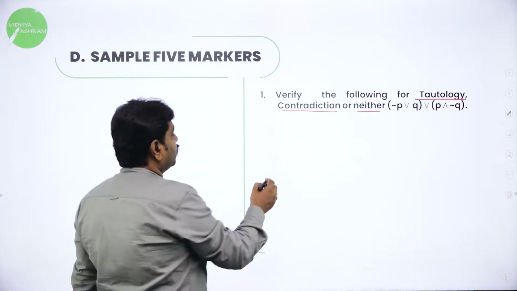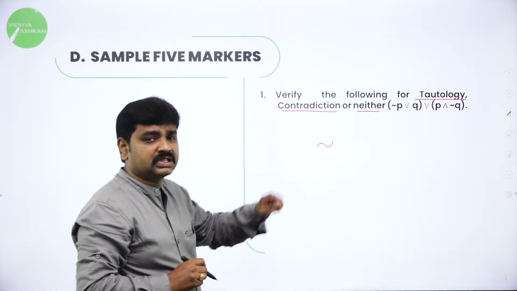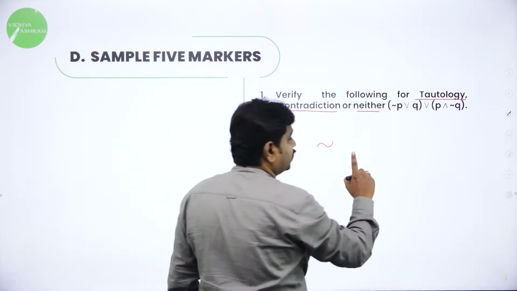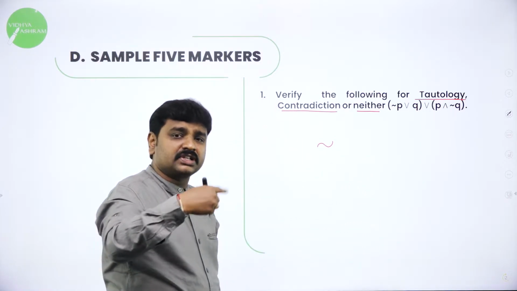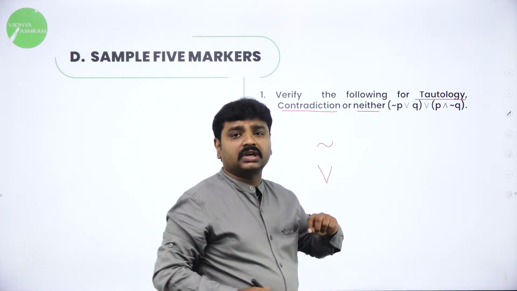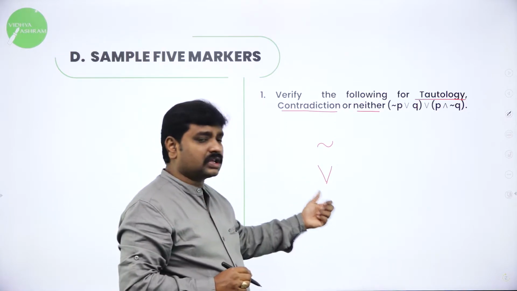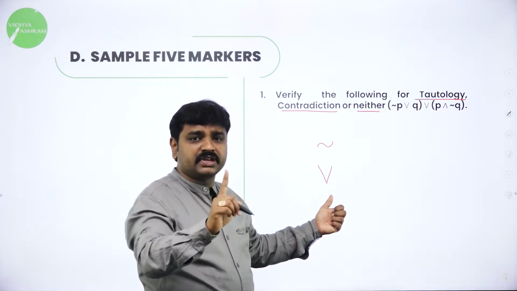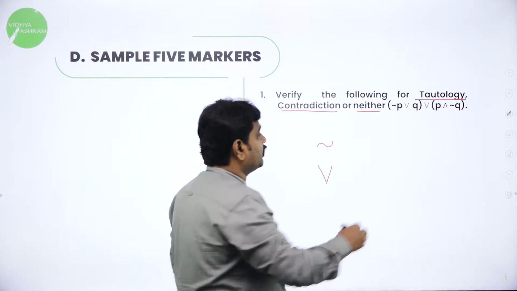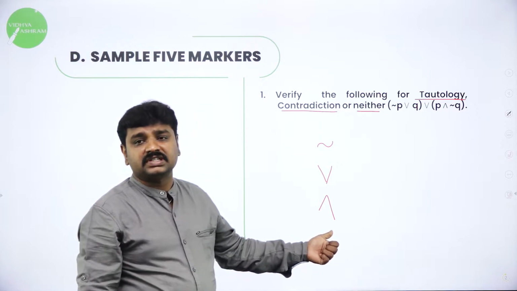So, for that, here you can see the operation negation. Negation means what? If it is true, it will become false. So, for negation, if it is true, make it false. If it is false, make it true. And this is the operation you can see, that is OR. OR means what? If any one statement is true, then the result is true. What is the logic of OR? If any one statement is true, then the result is true. Then we can see AND. What is the logic of AND? If any one is false, the result is false.